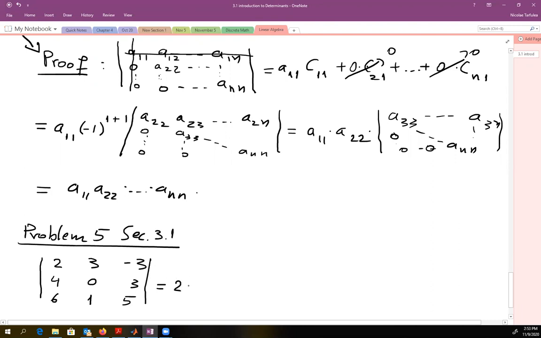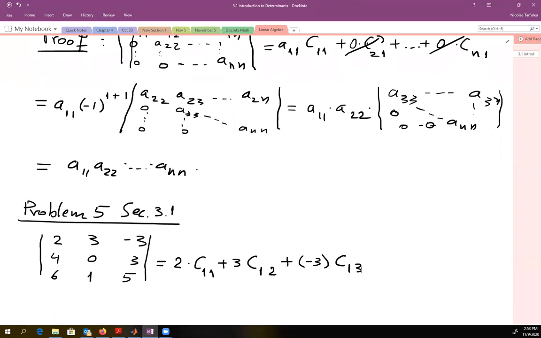This is 2 times C11, plus 3 times C12, plus negative 3 times C13. All right, so this equals,